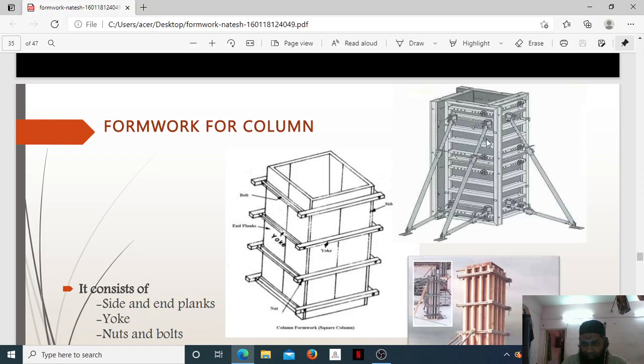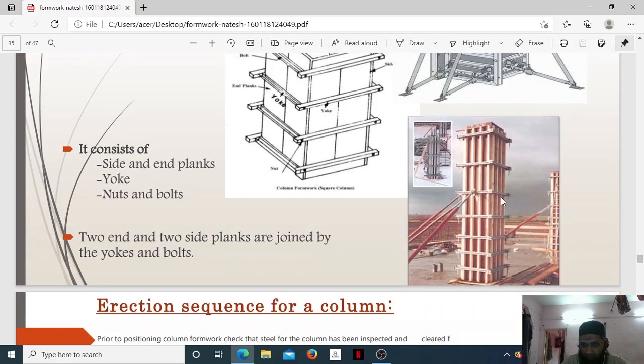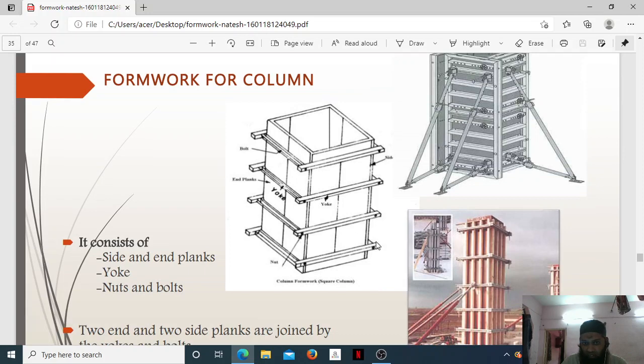The same way you can see here, these are the supports provided, bracings are being provided, so that even if the concrete is heavy, all this can be resisted by these bracings. So this is how you can see here. Just see, a huge column is being cast here, and this is for a huge bridge. To support that huge column, you can see these bracings provided on this side and all sides. This formwork is being supported by these plates, and they are fixed with a nut and bolt system. So this is how the formwork is done for a column.